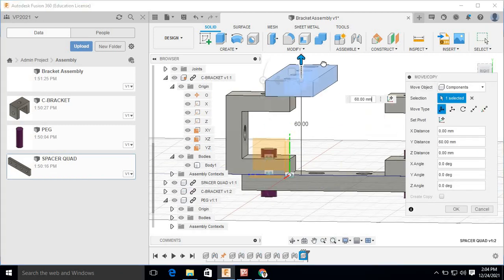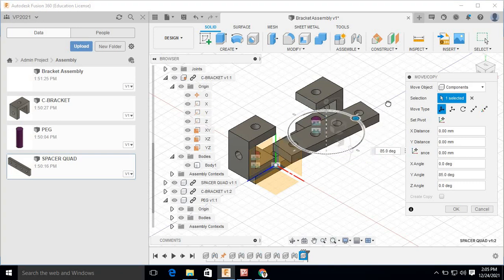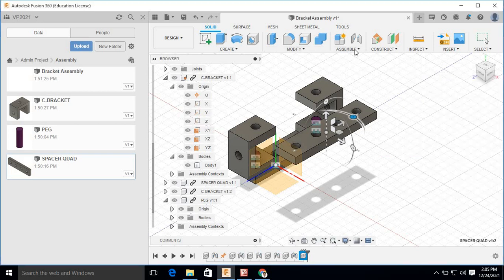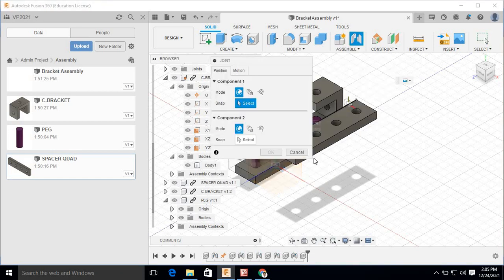So you can move in upward direction. We can rotate like this. And then we can select joint command. So click OK and select joint command under this assembly. Select this joint command.